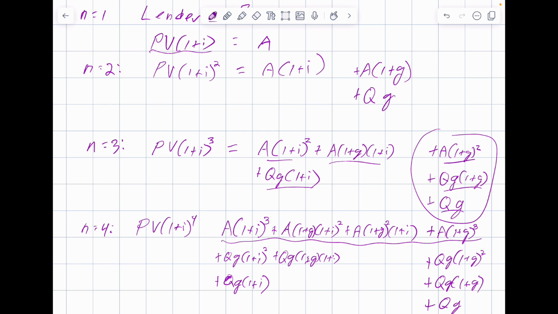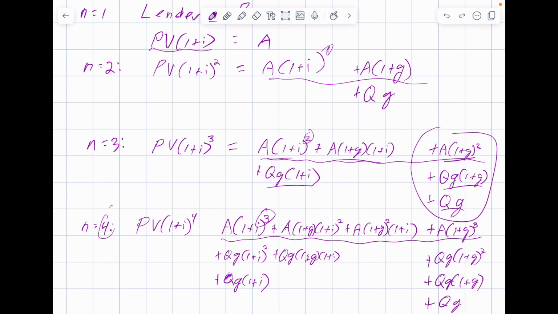The first line with the A coefficients is a binomial with 3 as the highest exponent. For n equals 3, the highest exponent is 2. For n equals 2, the highest exponent is 1. So we can assume that the exponent is n minus 1. The QG term